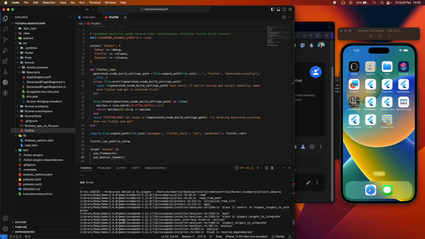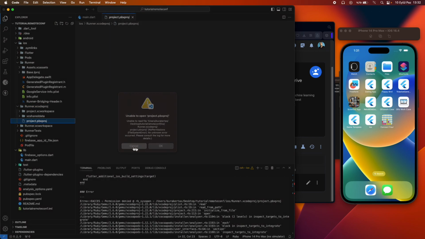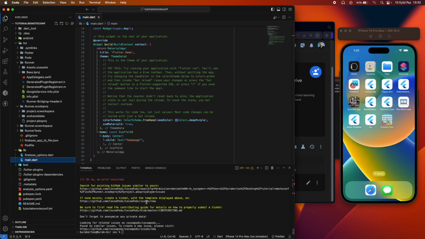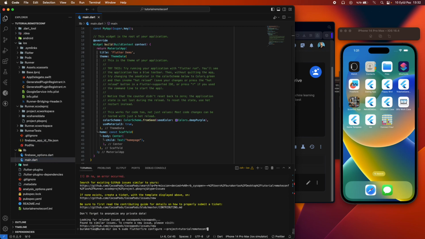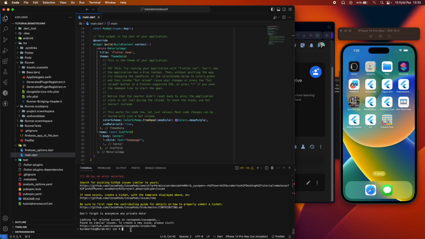Okay, we have an error, that's because of the project.pbxproj here. If you configure your Firebase with the command flutterfire configure, it will change this project.pbxproj. I don't know the best solution, but mine is to delete this and again